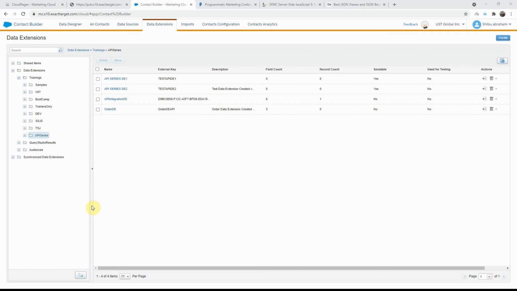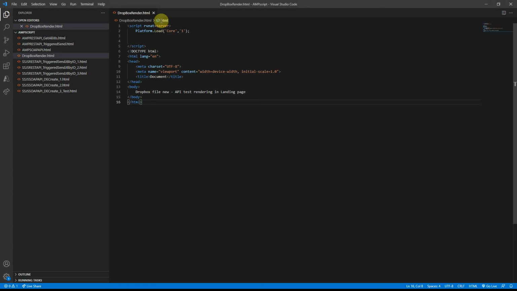Let me go to our code window here. I have our Dropbox setup already. First we need to create the instance of the WS Proxy object. As you saw in the example, the first thing we'll have to use is a prox variable here. I just declared a variable, and we are instantiating that using the Script.Util.WSProxy function.